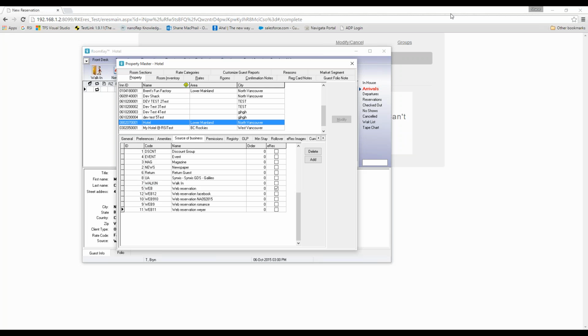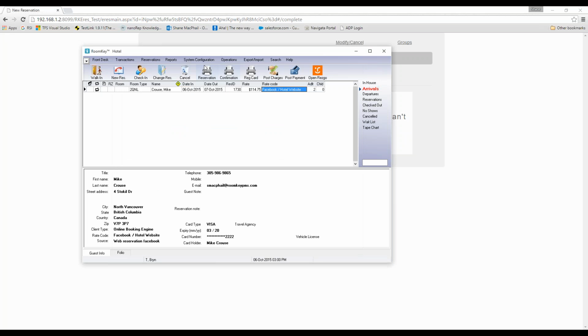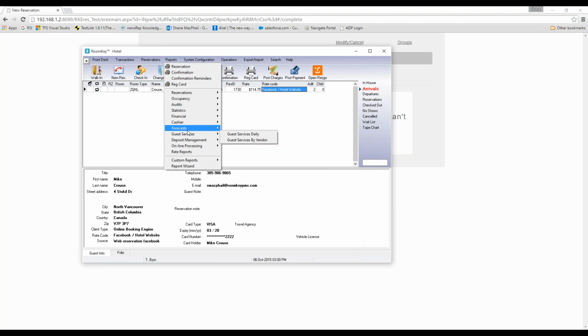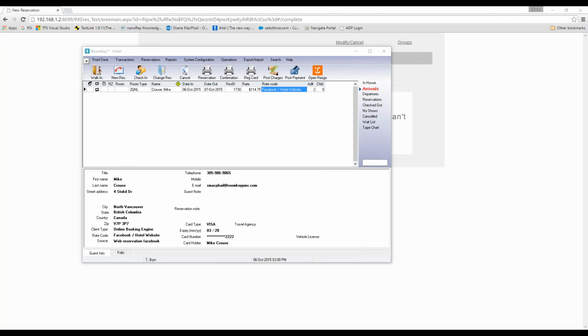Okay, so again, our reports that we have in Roomkey and BI, whether it be the statistical reports, where we have the room nights and ADR by source of business, including previous year to date. You have the checked out by source of business. Under our forecast menu, we're going to have our property activity forecast by source of business, and as well over in our